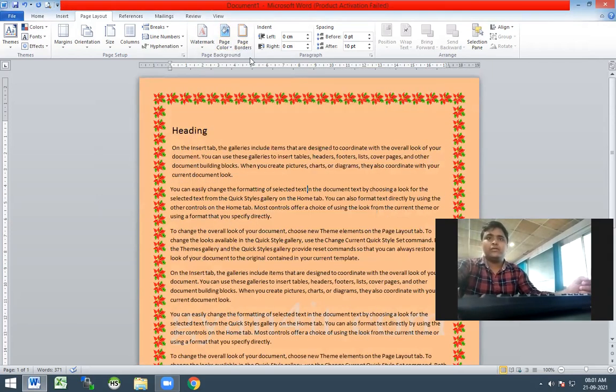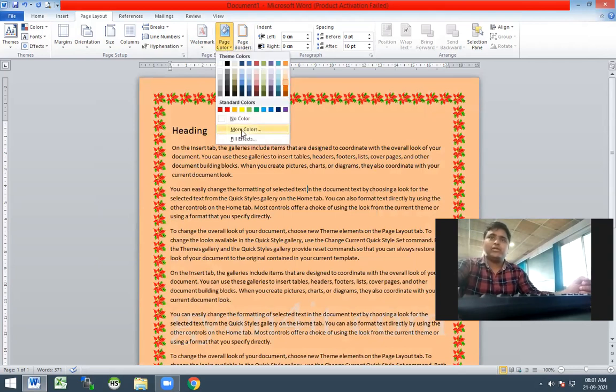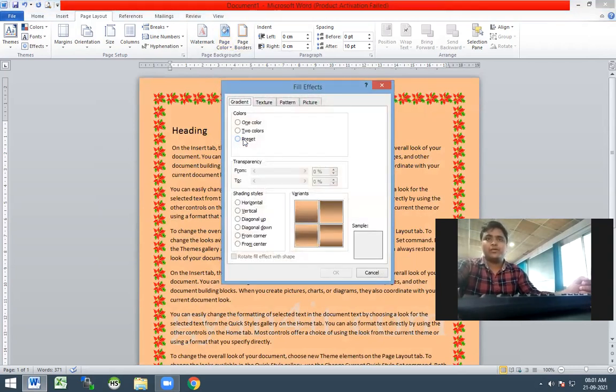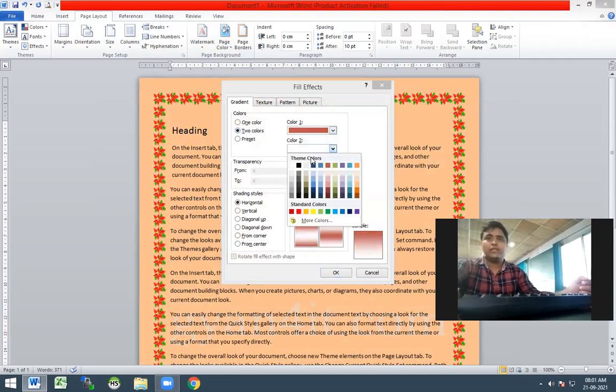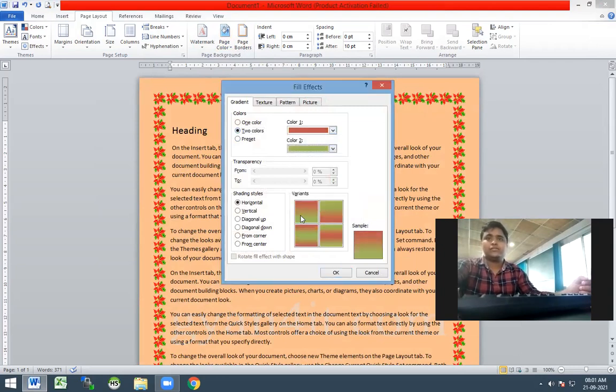You can change the color of the page, and also you can mix the same. Go to the fill effect option, select two colors like this and this. Now here is a combination. Any one combination can be applied here and can also be changed, like diagonal, vertical, from corners.